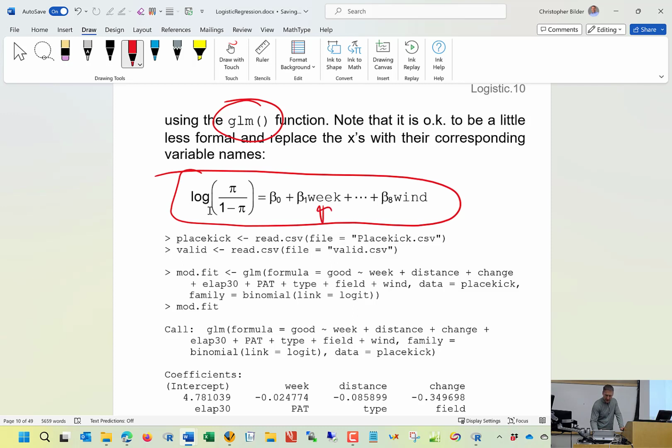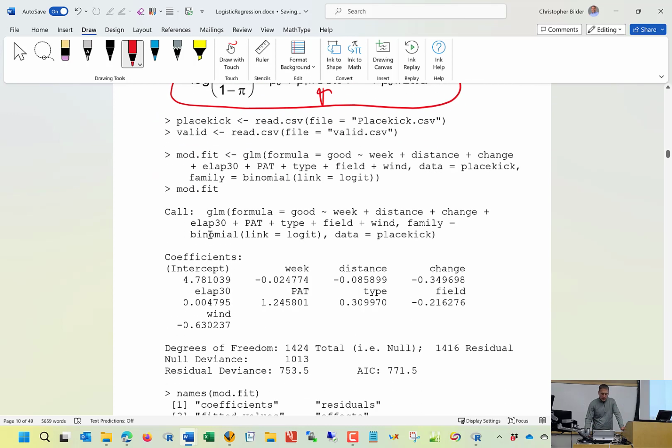So I have my week variable in there, I have my distance variable in there, I have my wind variable in there, all the same variables that we've been using. To do this estimation, I read in my data, and while we won't use it right now, I also read in my validation data set. When I say I read in my data, this will actually be my training data. And to use this function,